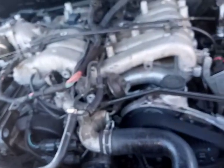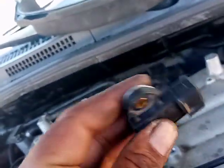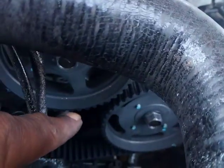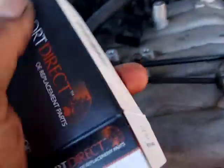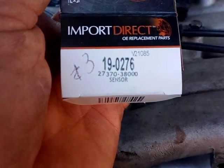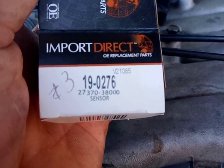We're back here with the '04 Kia Sorento. And for the 420 code, it is this piece right here that is causing the problem. It is not the cam that is causing the problem. It is this piece. So we got a new one. Part number is going to be this. It's about $82 and something cents. And if you need to replace it,